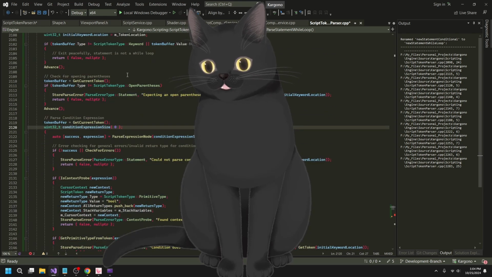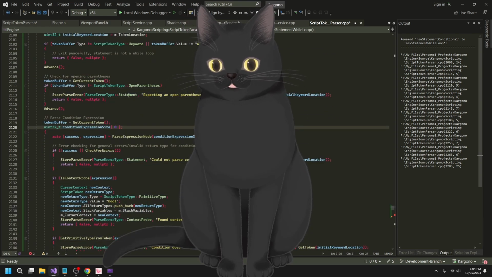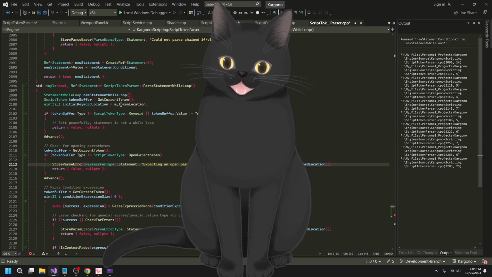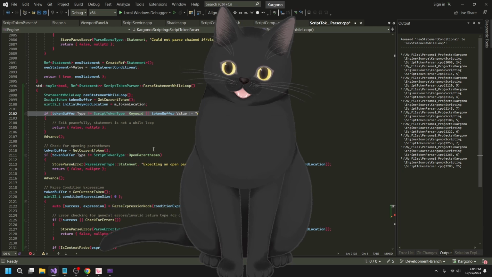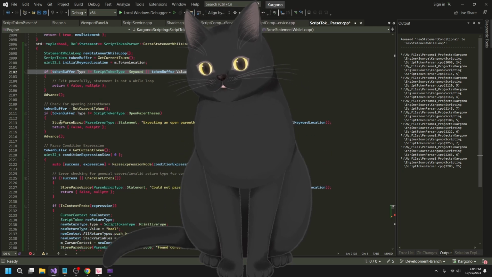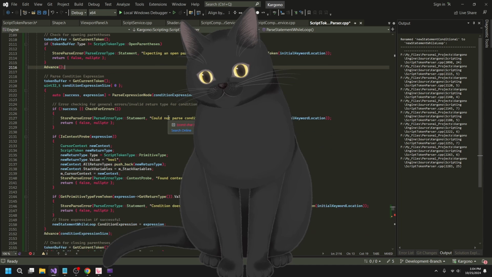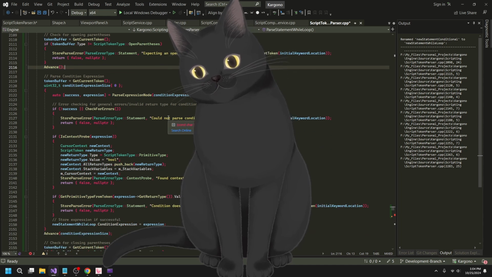And then we are going to check for an opening parenthesis. In this case, we are going to throw a parse error if we don't get a parenthesis, because we already confirmed that this is supposed to be a while loop. So we open the parenthesis, and we advance again, because now we're going to move on to the next token. We're going to parse a condition expression.